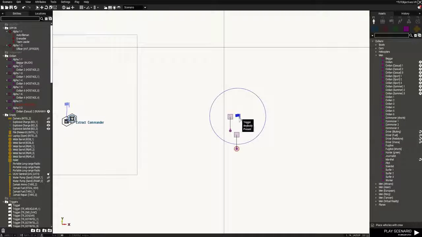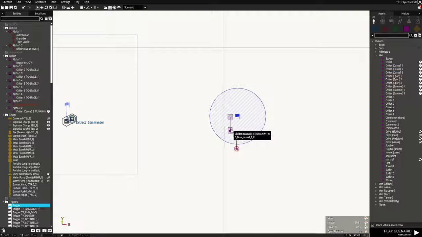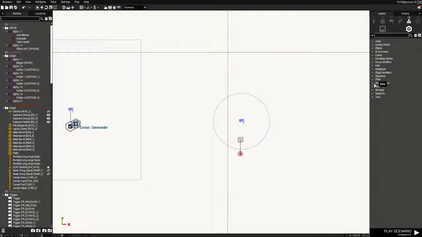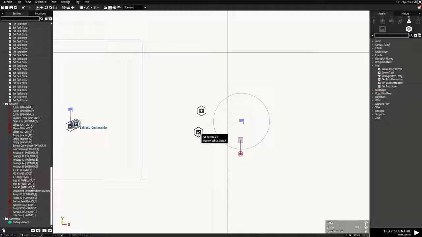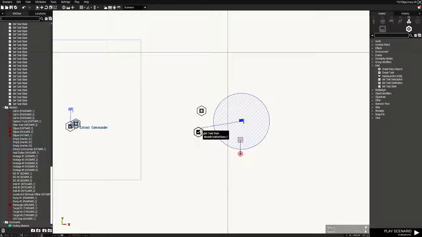Anyway, enough tangents there. We've done our trigger. The trigger will actually fire now. We only want the one chap in there. We were just messing around on a slight tangent there. But that's done now, so all we need to do is, as we've been doing every single time, throw down our create task, throw down our set task state, set the task as succeeded, synchronize that up,